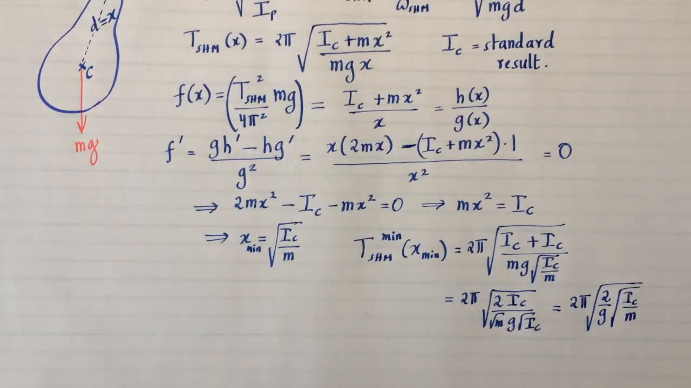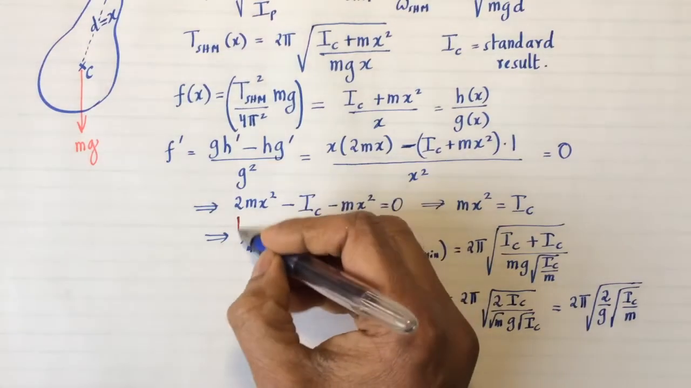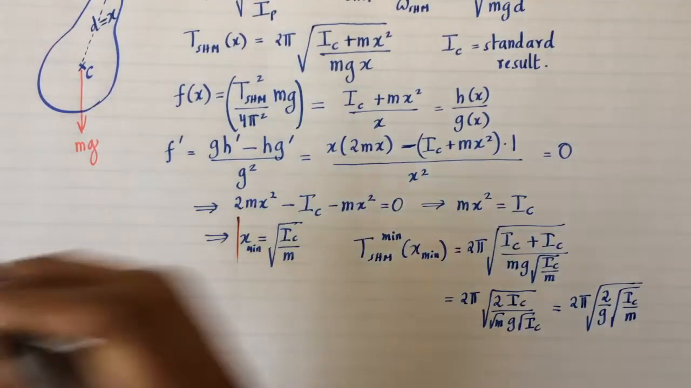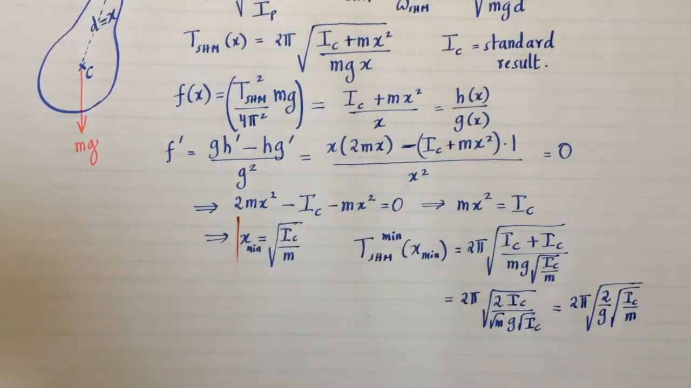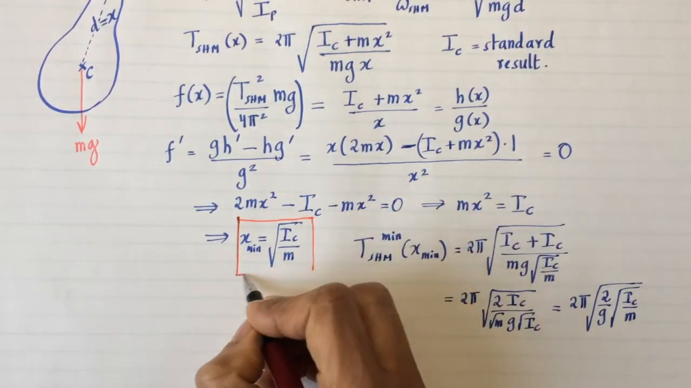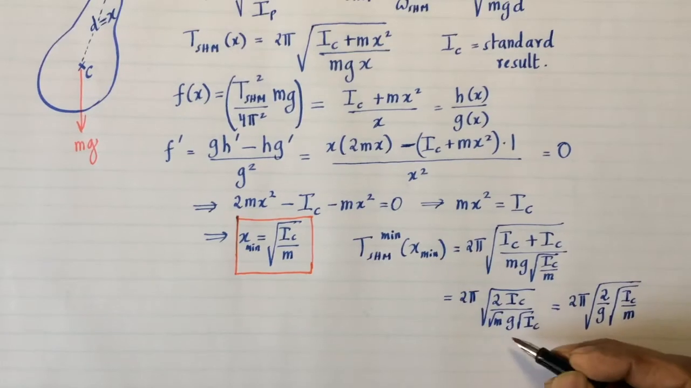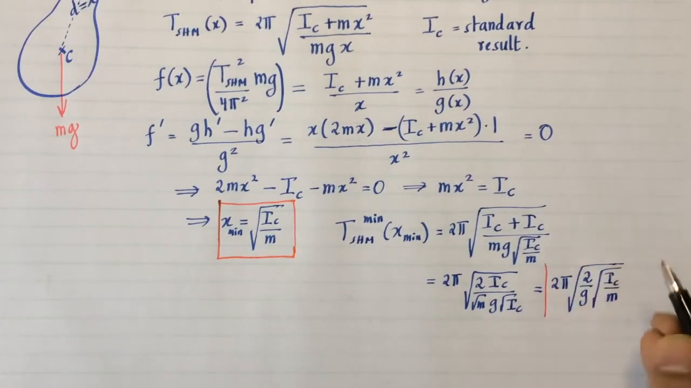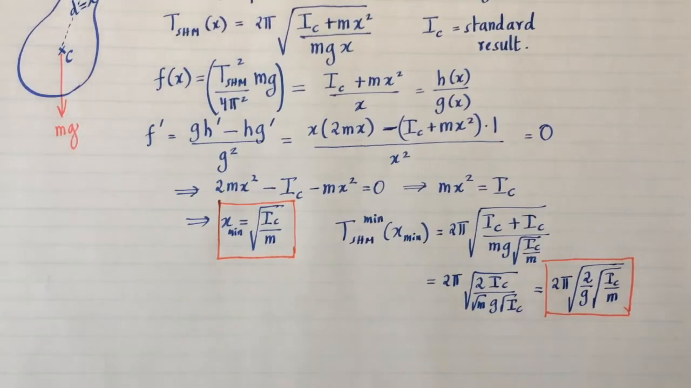So we have completely solved this problem. You poke a hole through the physical pendulum at this point, at this distance from the center of mass, and when you do that, the minimum period is going to be precisely that. Let's take an example of this problem